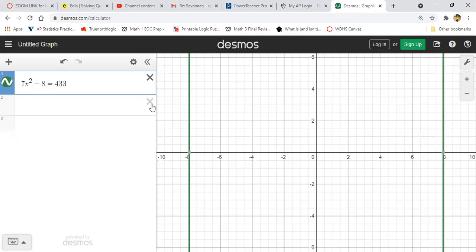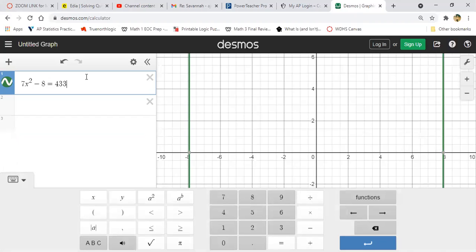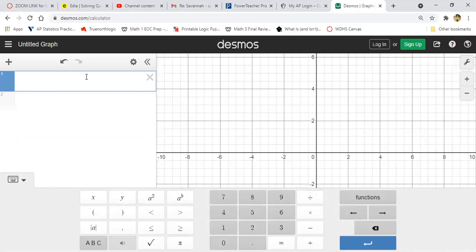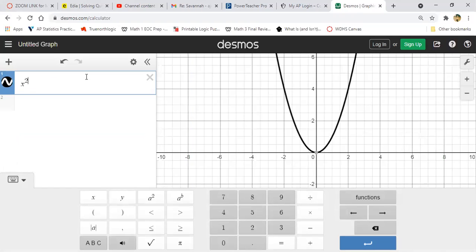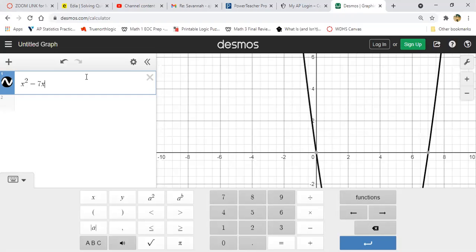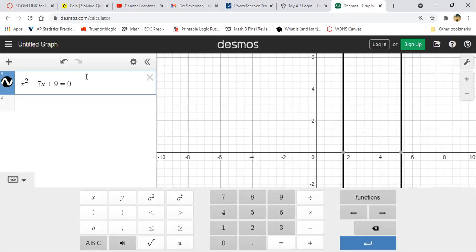And then the last ones that I want to look at, like 15 is going to give you one of those decimals. You just have to plug it into your calculator. I'll do that one and show you what I'm talking about. 15 was r squared, so we're going to use x squared minus 7x plus 9 equals 0. And we got these crazy numbers, 1.697 and 5.303. So you would put your multiple choice answers in here. So one of those answers would be